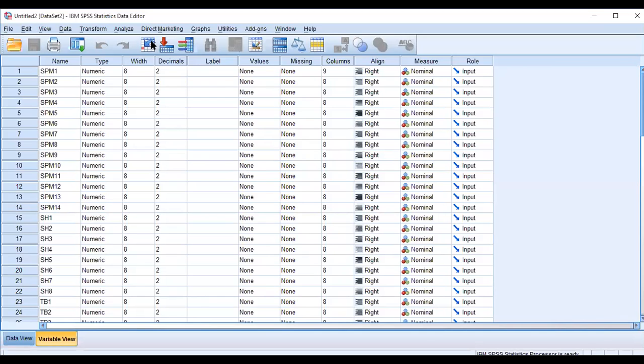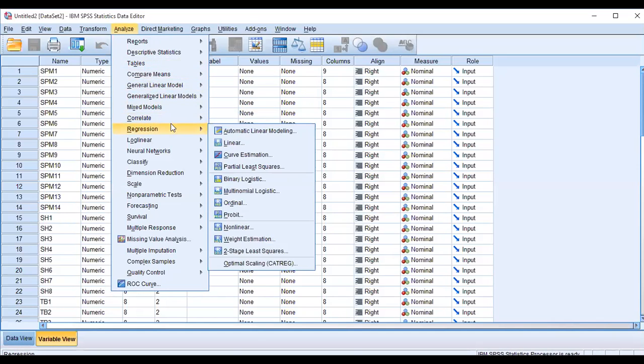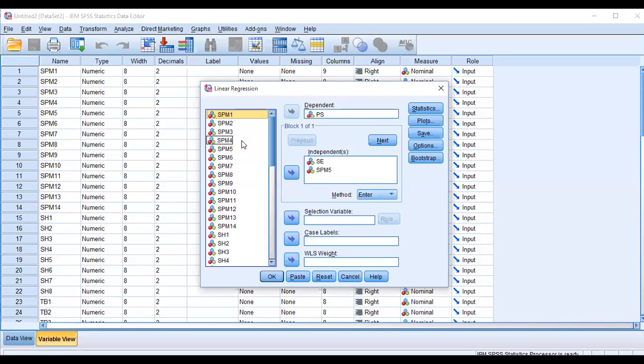How can we perform these two types of analysis? Click on Analyze, click on Regression, and then click on Linear. If we want to perform simple linear regression analysis, we select one independent variable and one dependent variable.